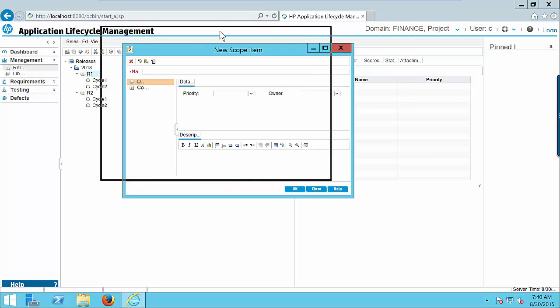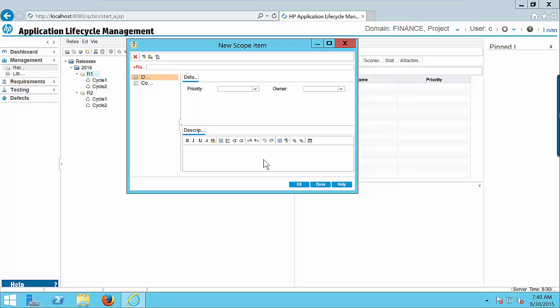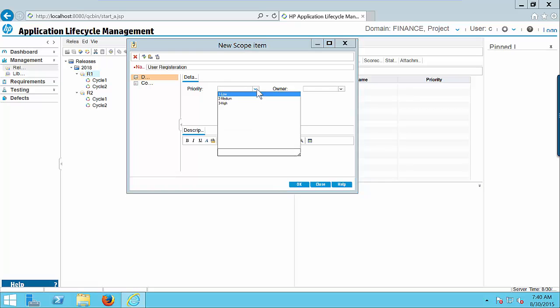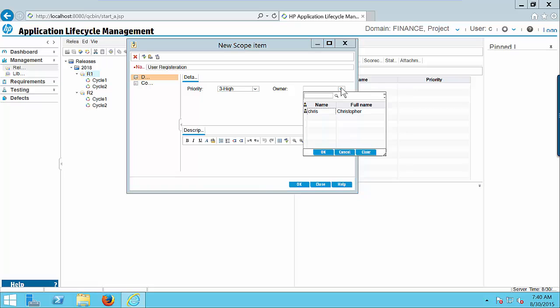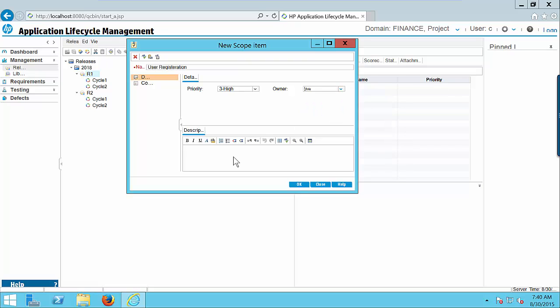This is new scope item window. Enter the information. For example, we can say the name of first scope item is user registration. The priority of this scope item is high because without user registration you cannot go inside the application. Okay, the owner who actually gonna manage this module. Right now we have only one user, Chris. You can have more than one user for one project, but by default we're gonna say that Chris is the owner of this module. You can also elaborate this user registration module. What actually we're gonna do that? We will say that